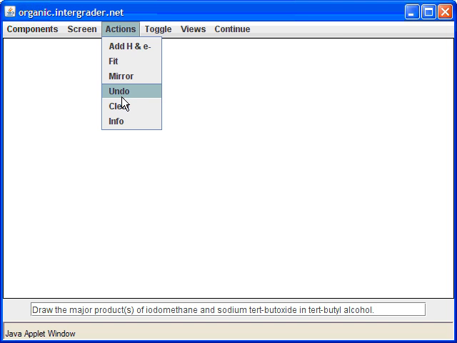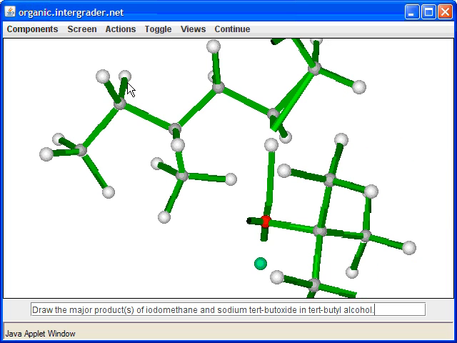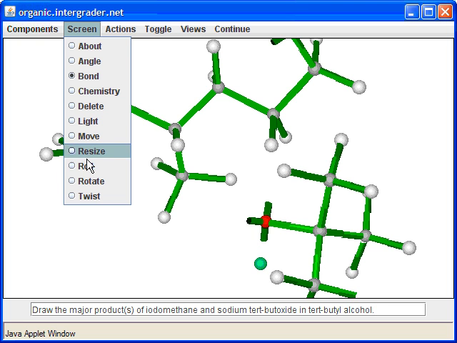Okay, so I'm going to back up here and bring back this picture. In fact, I'm going to back up a few steps right here because I want to go back to my potassium tert-butoxide, which is the base that we have here. So here's the potassium there. And then what I need to do is I'm going to go ahead and delete everything else from here, or most everything else that's on here.